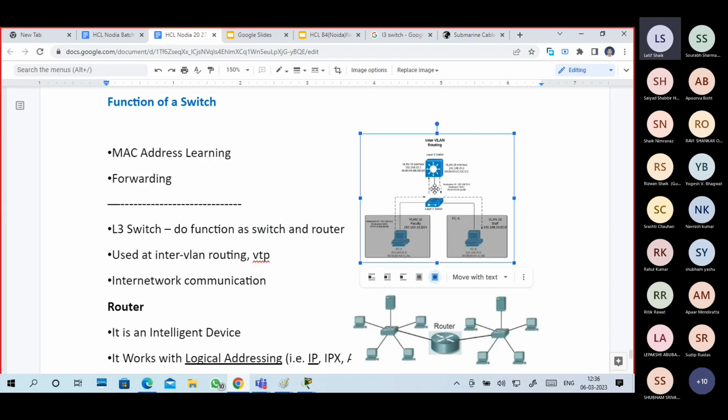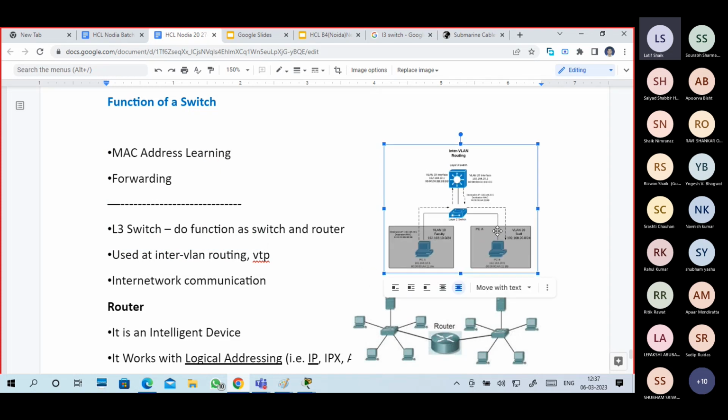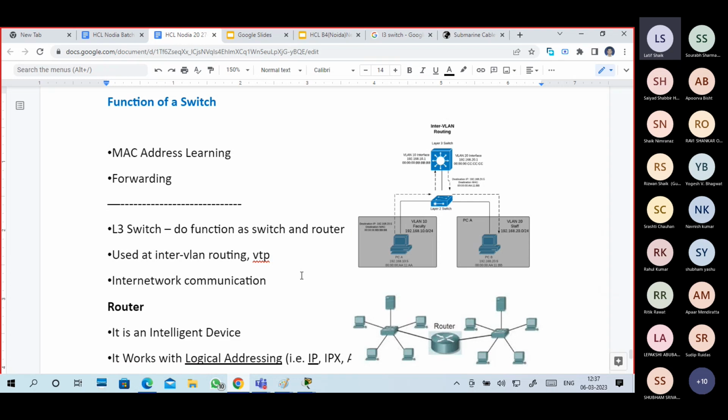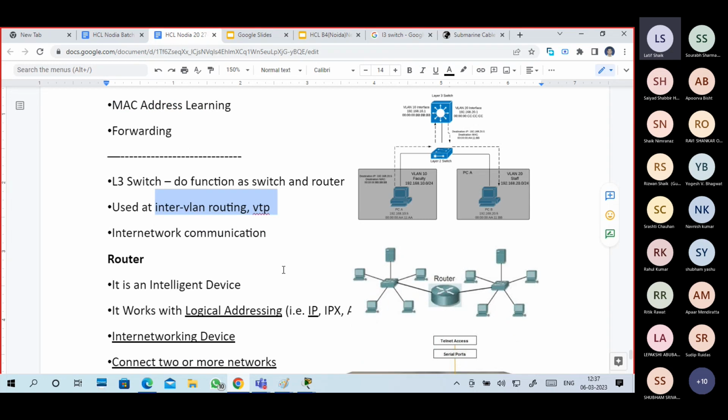Just in case someone asks in future what a layer 3 switch is, don't worry. A switch is a layer 2 device, a router is a layer 3 device. So a layer 3 switch functions as a switch as well as a router, used for inter-VLAN routing, VTP, inter-network communication kind of stuff.